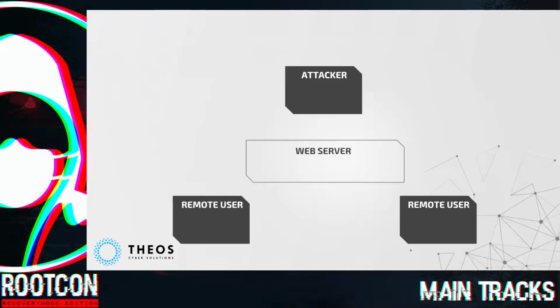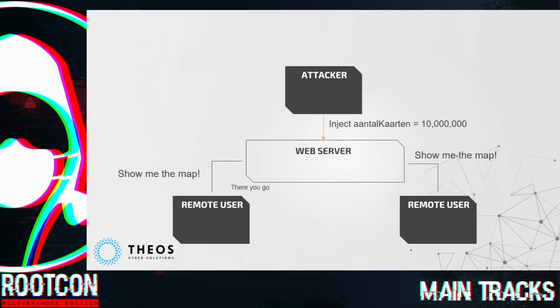So when you edit that and successfully upload it to the web server for everyone to download, remote users access the web servers. They want the map to be shown, right? So if the attacker successfully injects the 10 million value on the global declaration after his reverse engineering phase, the web server gets a heavy load. So for everyone that accesses it,